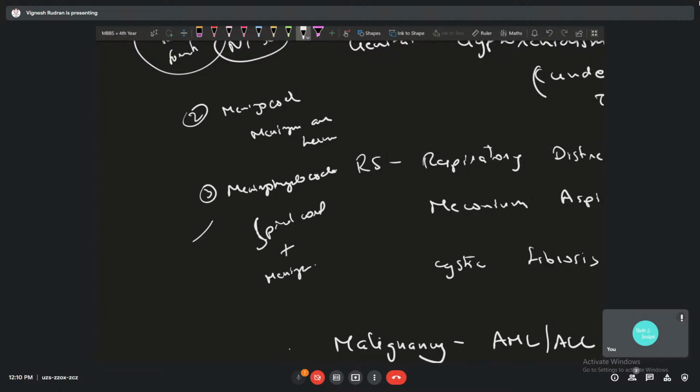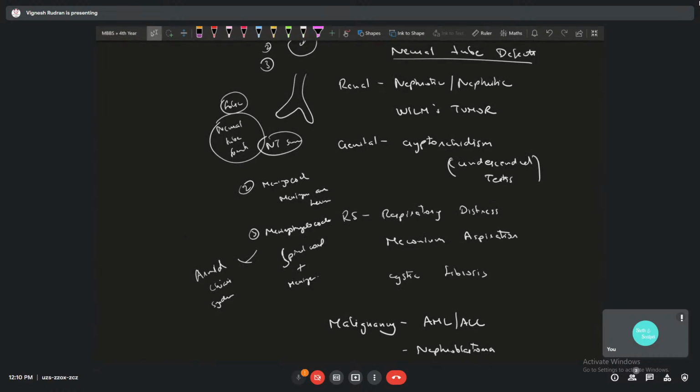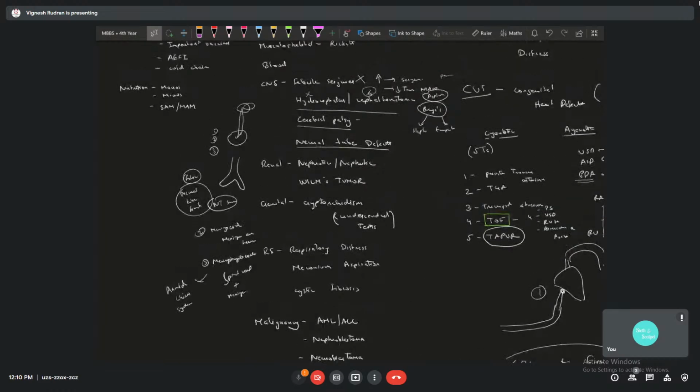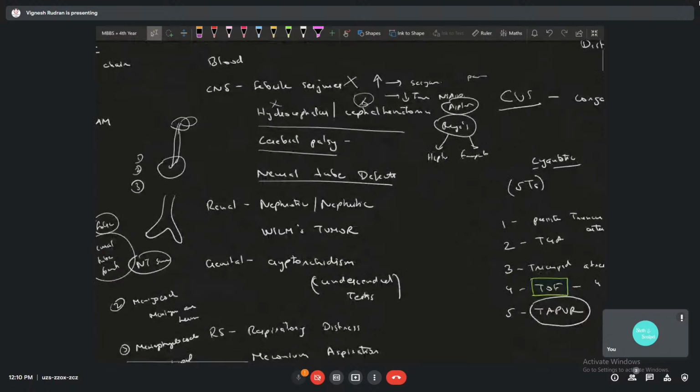You have an important syndrome over here known as Arnold Chiari formation or Arnold Chiari syndrome. This syndrome is related to this meningomyelocele and hydrocephalus. Based on that, if they ask this syndrome, then you write based on this, go to folic acid, neural tube formation, and your nuchal translucency scan and all of those. Use that, and then that will be all about your CNS.